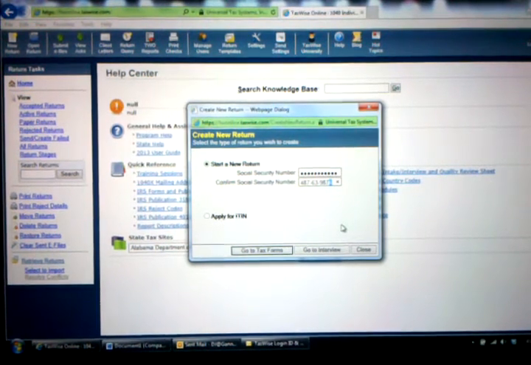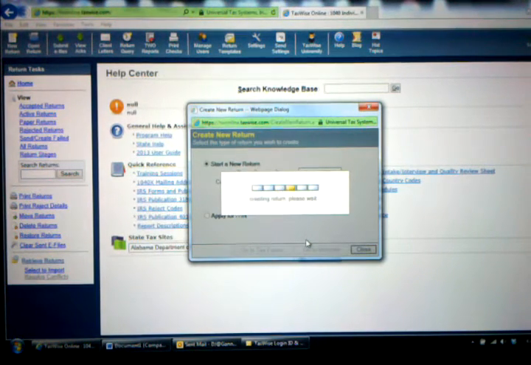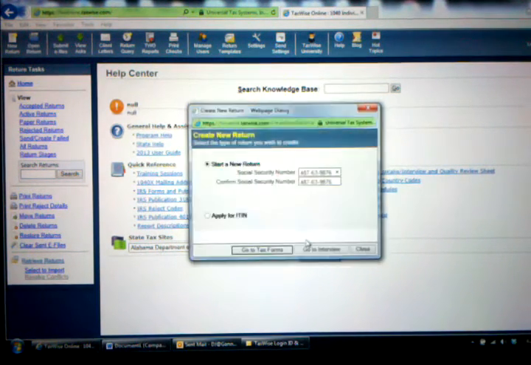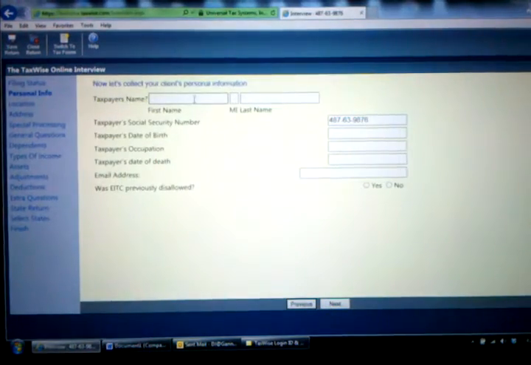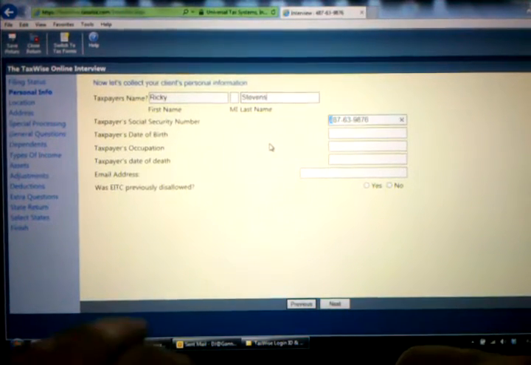The nice thing about TaxWise is you don't have to know all the forms. The interview will load the forms that you need. So I go into interview. Always recommend you do that. Okay, and we're going to whip through this one. We're going to say that they are single. Click next. Their name,